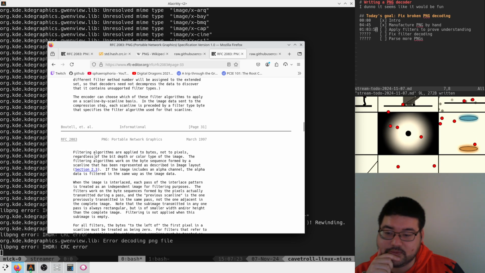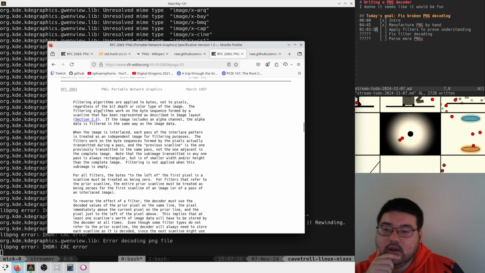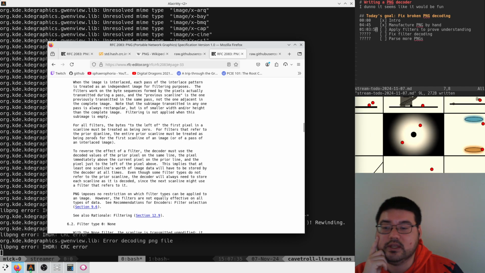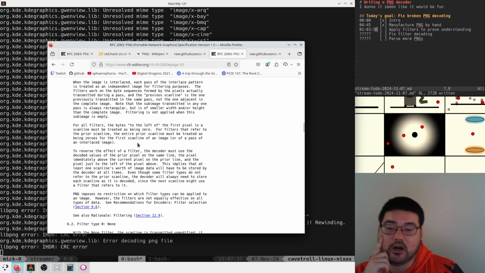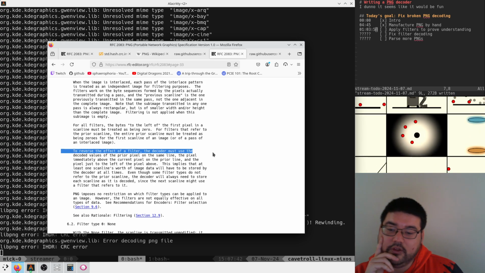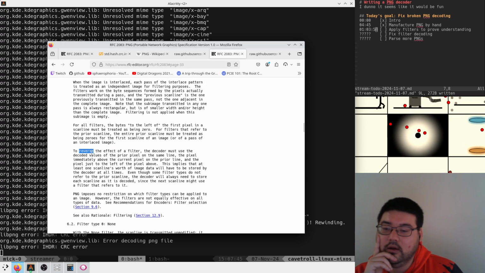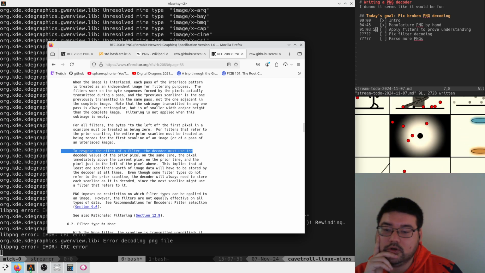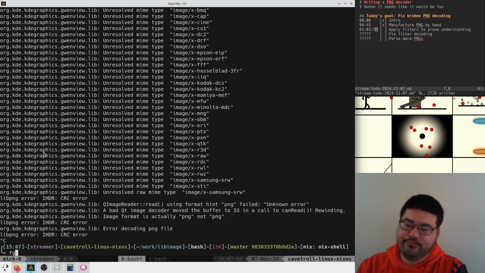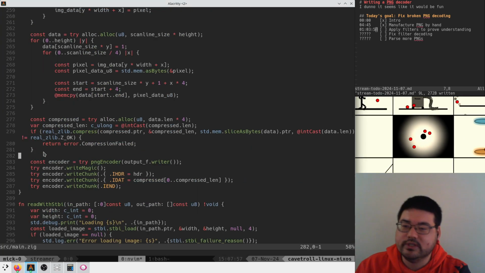Filtering algorithms are applied to bytes, not to pixels, regardless of bit depth or color type of the image. The filtering algorithms work on the byte sequence formed by a scan line. For all filters, the byte to the left of the first pixel in the scan line must be treated as being 0. Got it. For filters that refer to the prior scan line, the entire prior scan line must be treated as being 0s. To reverse the filter, the decoder must use the decoded values of the prior pixel on the same line. Okay, sure, whatever. So if we want to use the sub method,